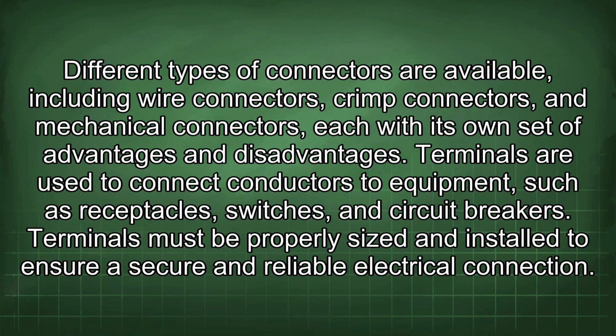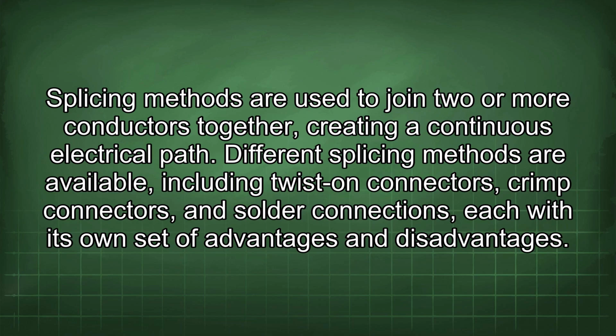Terminals must be properly sized and installed to ensure a secure and reliable electrical connection. Splicing methods are used to join two or more conductors together, creating a continuous electrical path. Different splicing methods are available, including twist-on connectors, crimp connectors, and solder connections, each with its own set of advantages